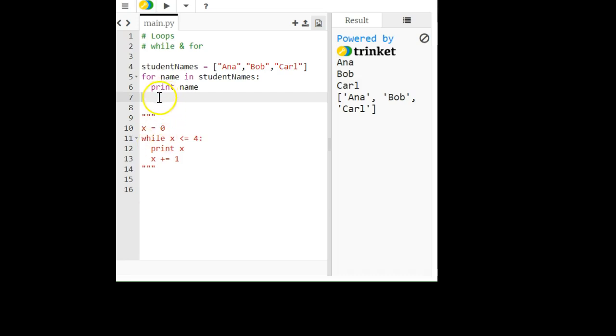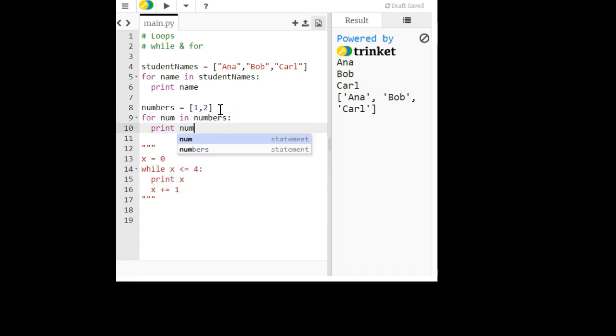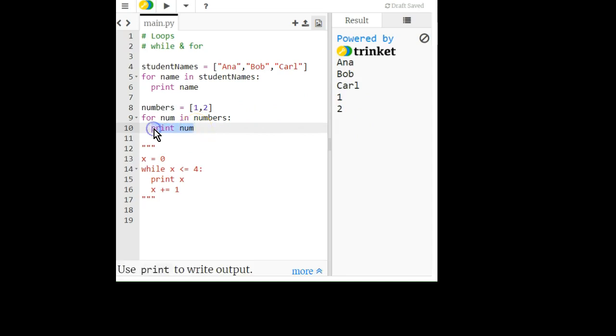You can do this with numbers as well. Say we have a list of numbers, so I'm going to say numbers equals 1, 2. I just want to make my math easy, so I'm going to say for each num or x, whatever I want, each num in numbers, could say print num. And it's the same thing. Well, maybe we don't want to print a bunch of numbers, maybe we want to add some numbers. So I'm going to instead say sum